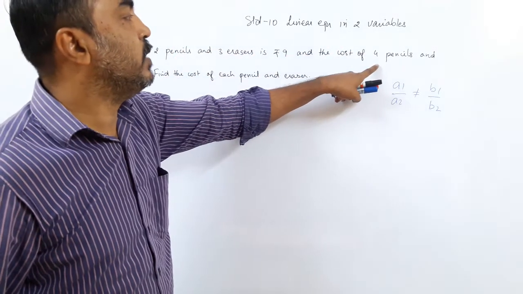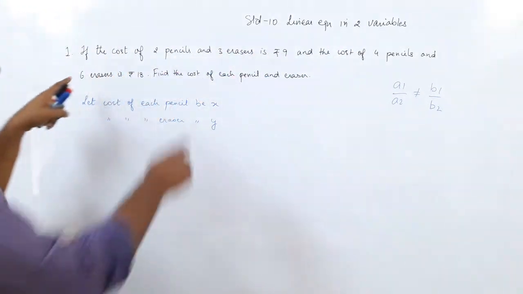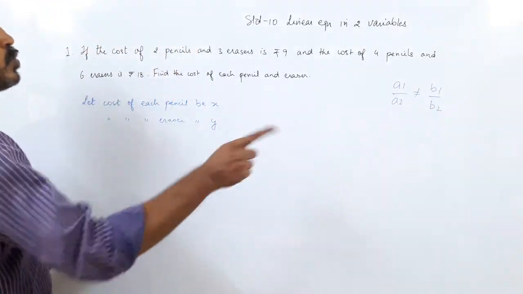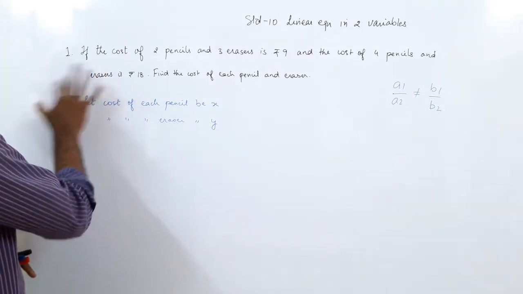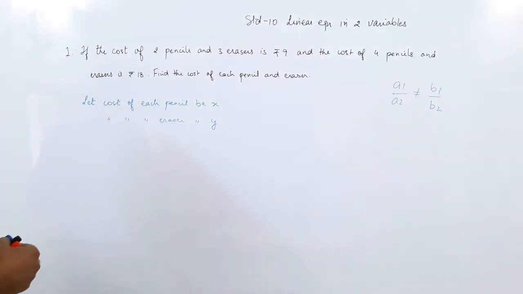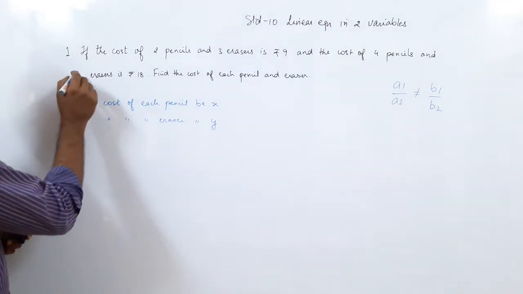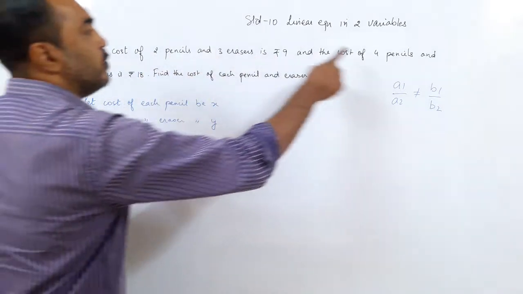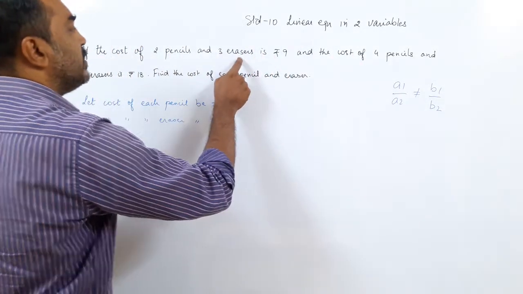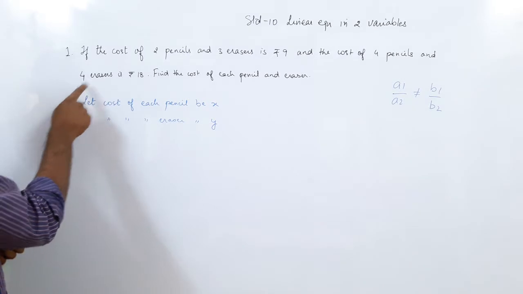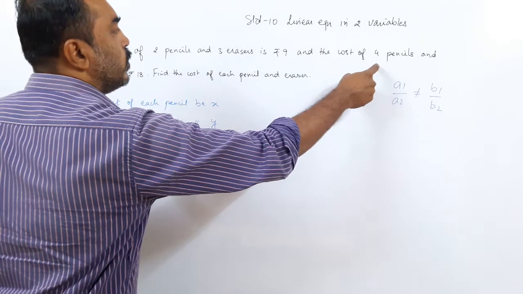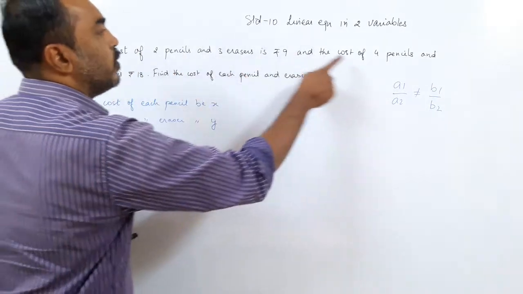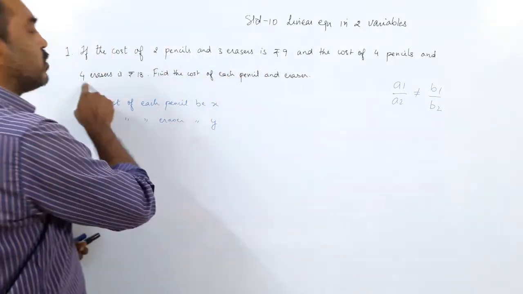The number of pencils have been doubled. Now if I double the number of erasers, if 3 becomes 6, then we have got a1 upon a2 equal to b1 upon b2. I do not want that. So I have to remove this 6 from here. Let us say I remove the 6 erasers and put 4 erasers. So now you can see 2 pencils have become 4 pencils, doubled, but 3 erasers become 4 erasers, not doubled. So 2 upon 4 is 1 upon 2 and 3 upon 4. So what I have got, a1 upon a2, 2 upon 4, is not equal to 3 upon 4.